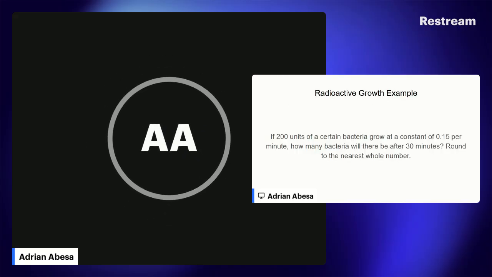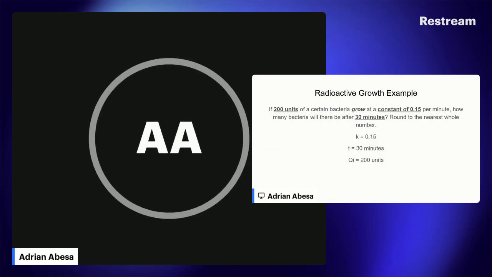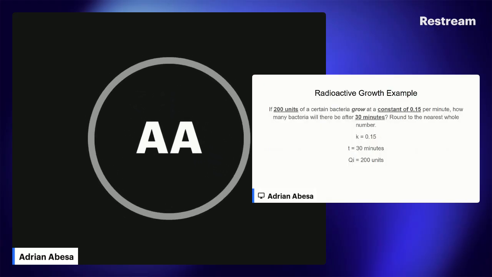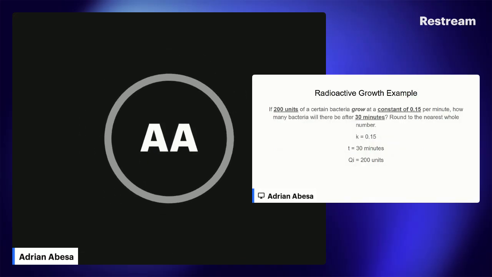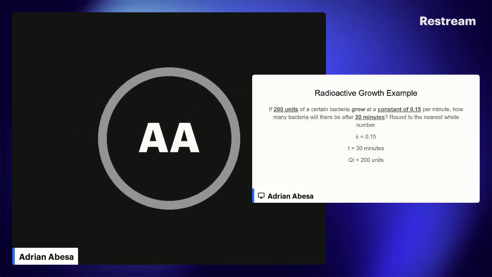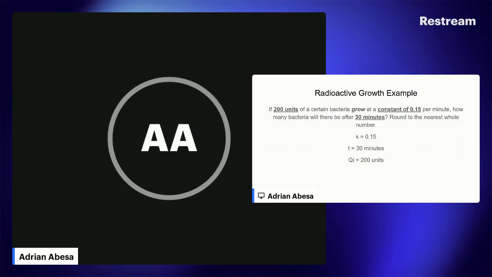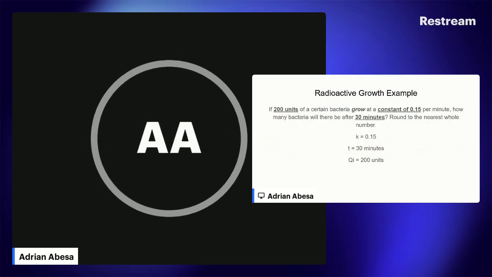Now, let's go to the next slide first. So you can see it says grow, which insinuates an increase. So now we know it's going to be a radioactive growth and not decay. So our constant, which is 0.15, is going to be positive this time instead of negative, since it is growth. Our T is going to be 30 minutes, since that's what the problem says, and our initial quantity is going